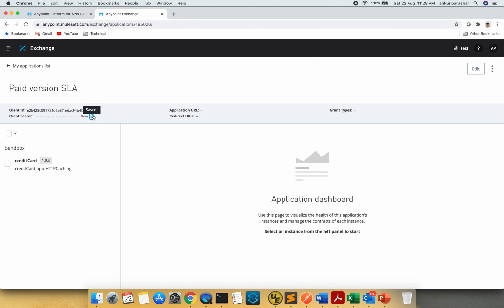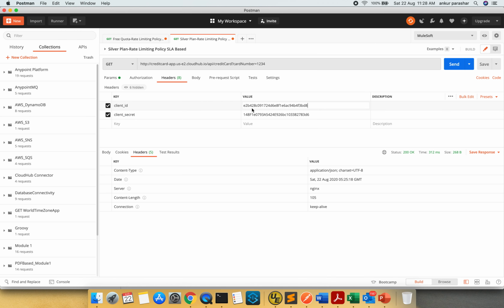And here if you copy, client ID E2B4. So this is the same one. So we are now pasting the client secret of the same combination. This is for the silver plan and let's click on the send button.